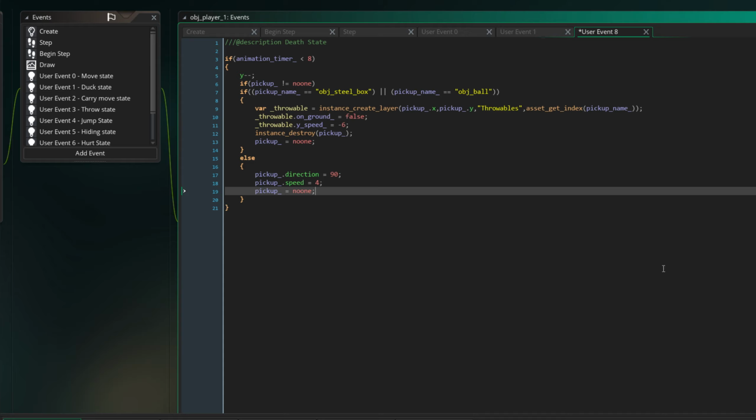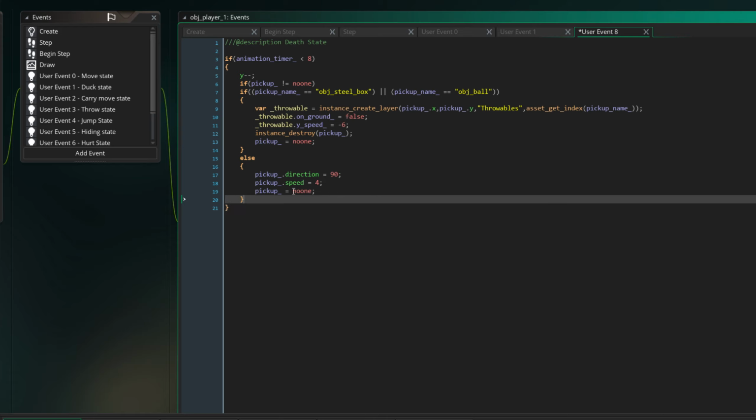Though I guess, if I remember correctly, the boxes and stuff should destroy themselves anyways once they get outside of the room. But that's the boxes, not the pickup object. The pickup object doesn't actually have any of that code in it. Anyways,